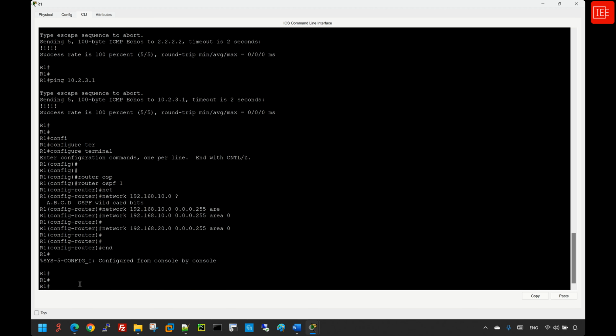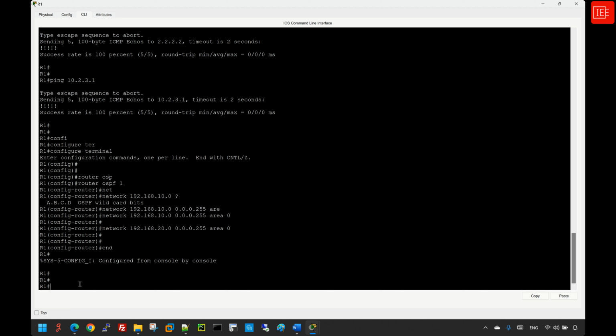So router 1 would advertise these two routes to router 2 and router 3. So router 2 will be able to know and learn about the IT department and the HR department. However, if we try to ping from PC3 to PC1, the ping will still fail. And the reason being is because router 1 still doesn't know how to get to router 2. So basically, we need to do the same thing on router 2 to advertise the ops department network and the